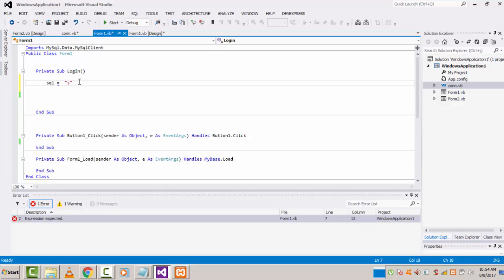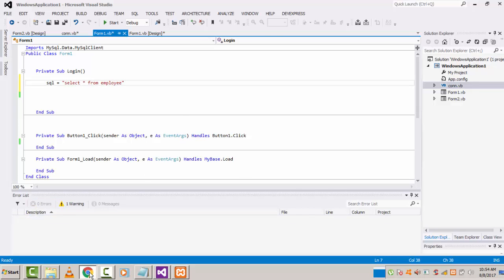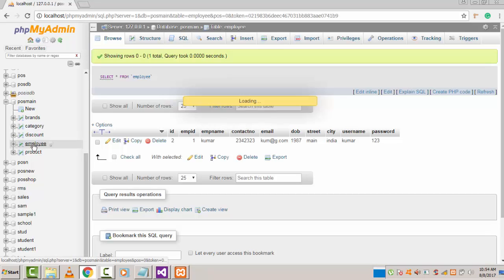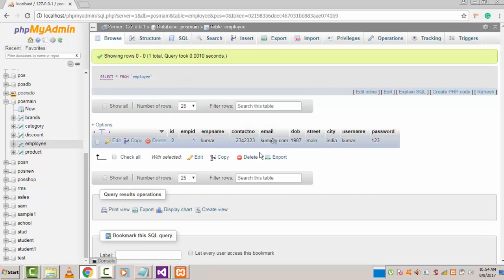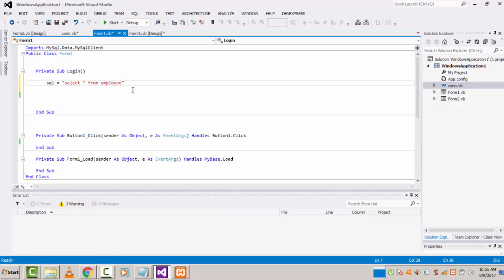Okay, so select all from employee. Select all from employee means this is the employee table. Our username and password are available here. In a point of sale system, there are many users who access the system. So this is one user. I have created only one user here. His username is Kumar and his password is 123. Okay, if the user types Kumar and 123, the